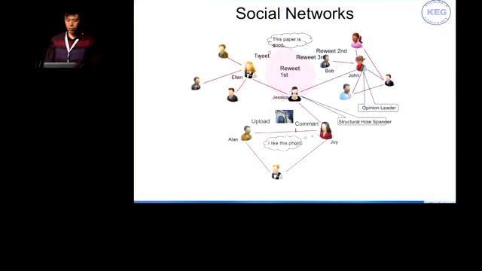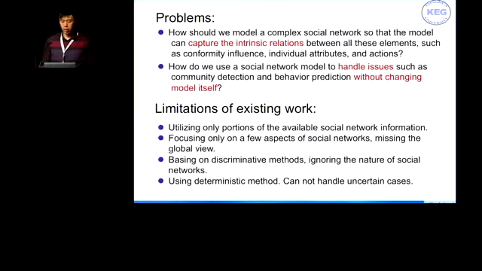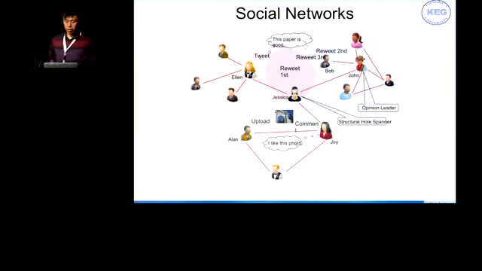And users have different kinds of actions, such as posting, commenting, reposting, and so on. So whether a user takes an action depends on their role and communities. For example, a structural spanner tends to transfer messages across different communities. At the same time, most users comment on their friends or the users within one community.